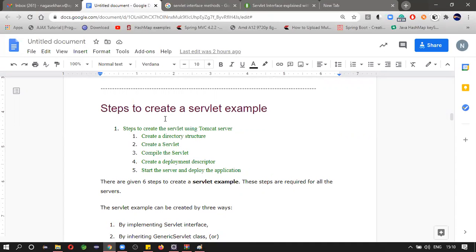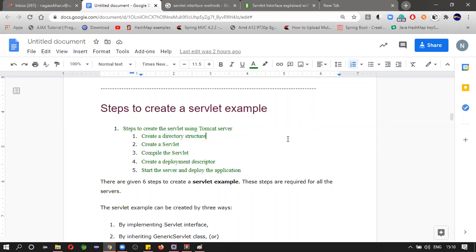Now, steps to create a servlet. How to create a servlet, or how to write a small servlet program. You need to maintain the directory structure.